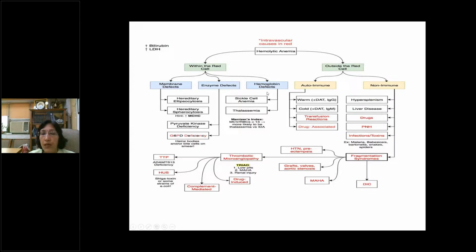Then the hemoglobinopathies, mainly in our India, thalassemia and sickle cell anemia. In thalassemia, a history of repeated blood transfusion is very important. Family history is important, and the patient will also give a history of iron chelation. Sickle cell anemia,